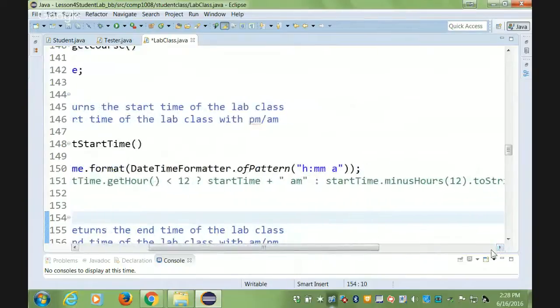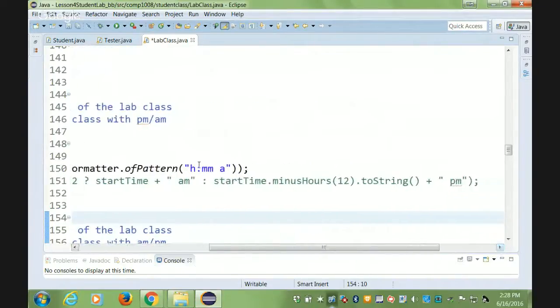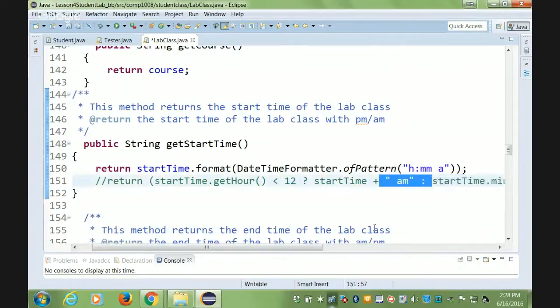So again, instead of just subtracting 12 from it,